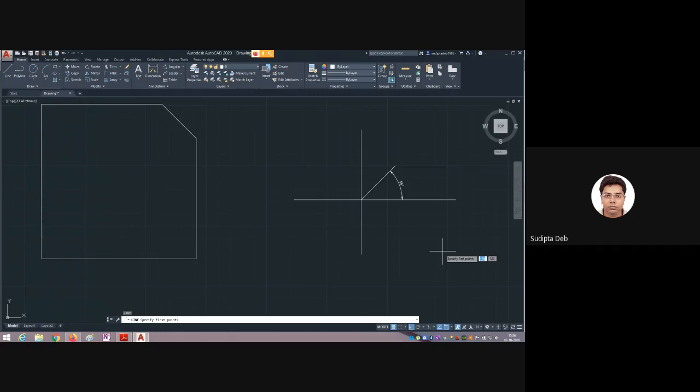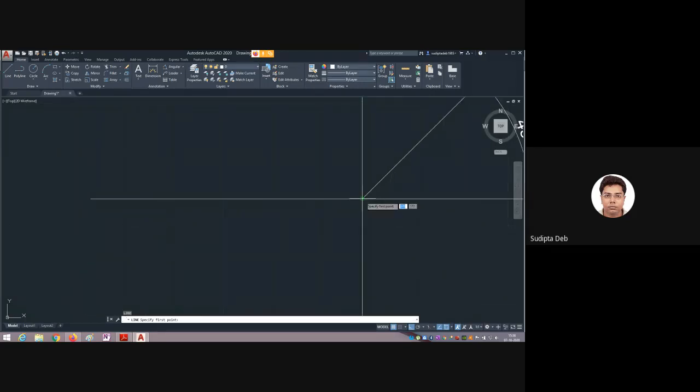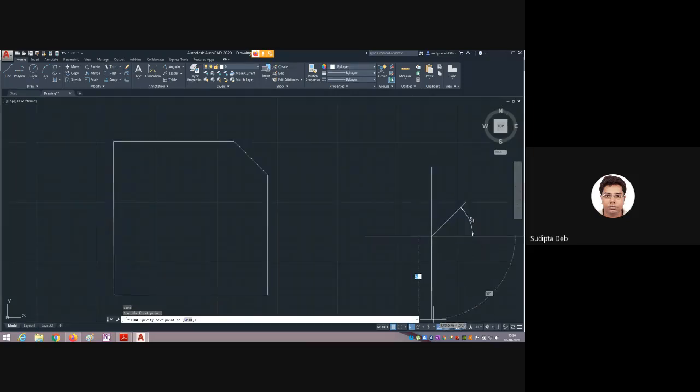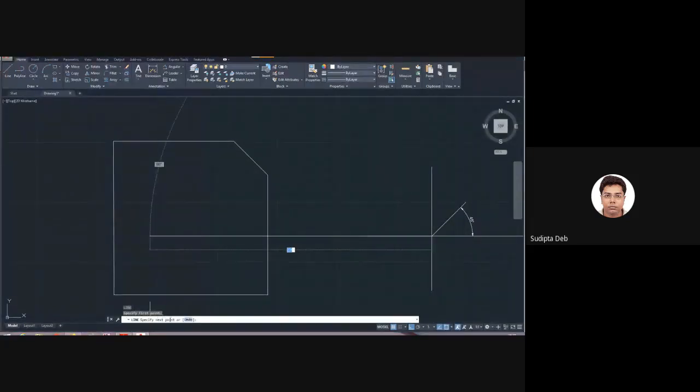Now see in the command bar, what is written? Specify first point. So I am considering this intersecting point as the first point. If I click here, what is showing now? Specify next point.